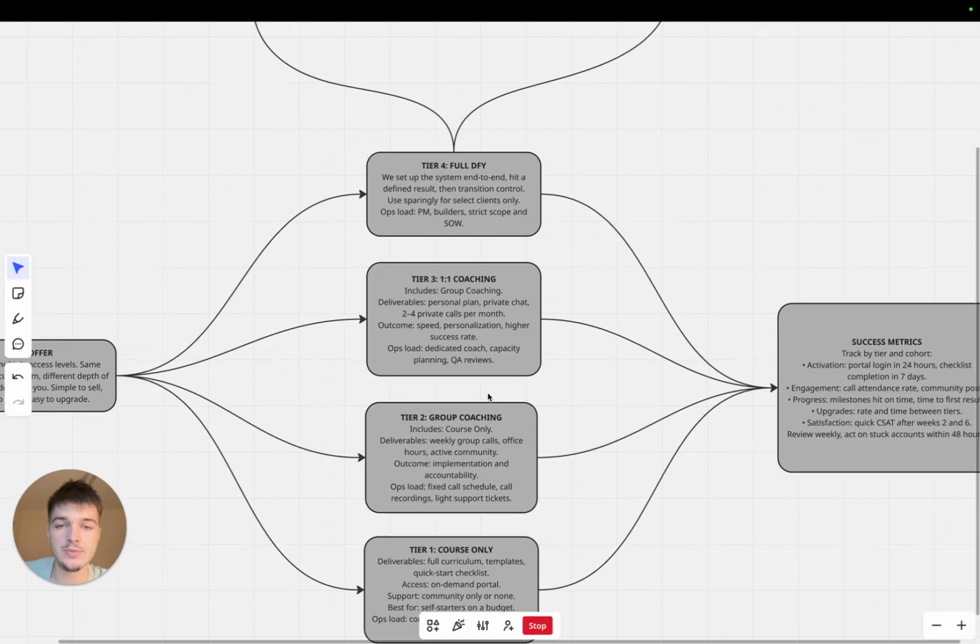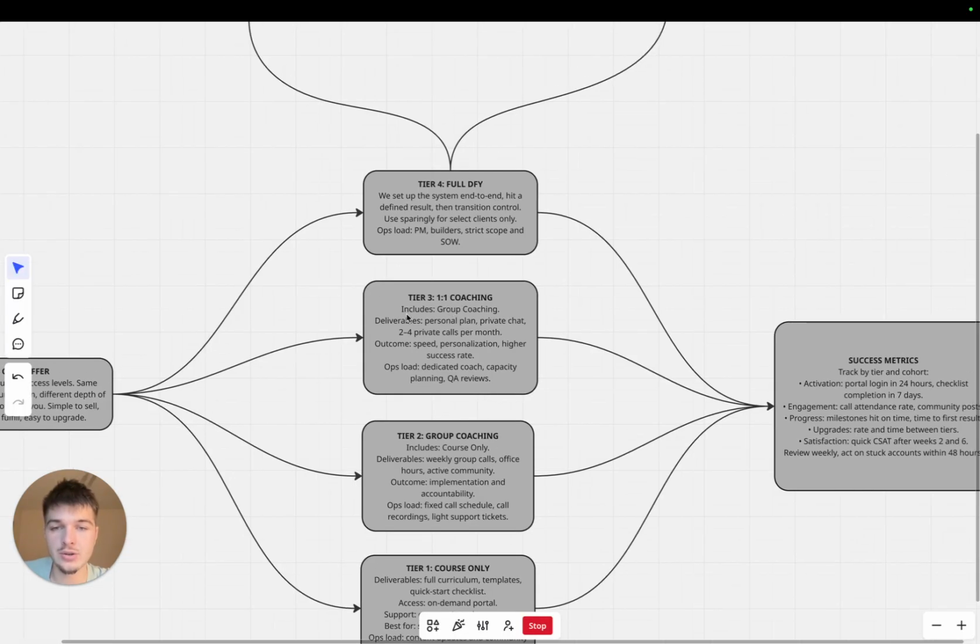And then as you move up to one-on-one coaching, the deliverables pretty much are the personal plan, private chat, 2 to 4 private calls per month. This kind of varies. Sometimes I've seen more, sometimes I've seen less, but this is pretty standard. And then the outcome of this is pretty much speed, personalization, higher success rate. The operations load is a little bit higher than group coaching, but you do get a dedicated coach, capacity planning, and quality assurance reviews as well. So